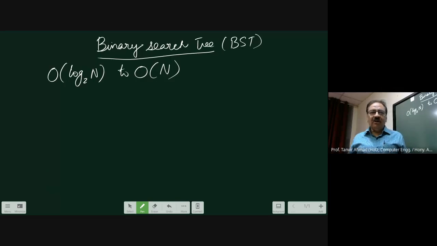Obviously, order of n is not a good algorithm. Order of log n of base 2 is the best algorithm. Anything in between is good, but our aim is how to convert a searching algorithm to an order of log n. Till now, what you have read, you know that a linear search